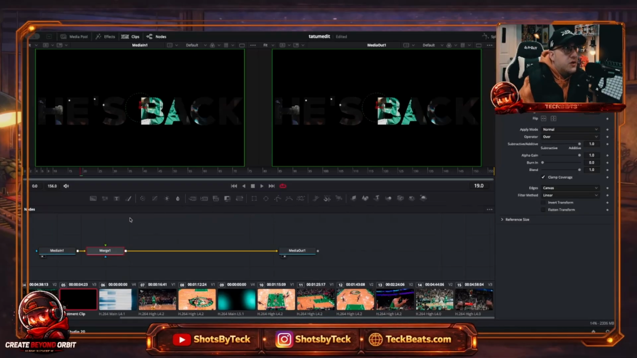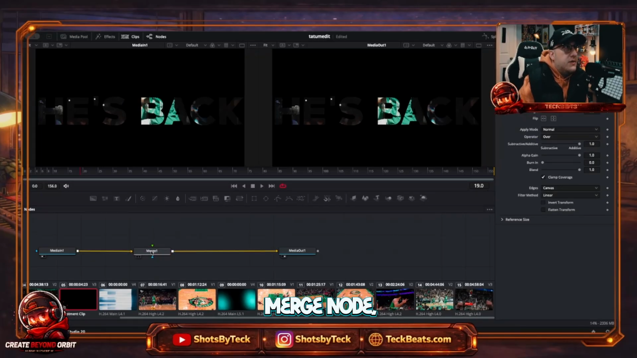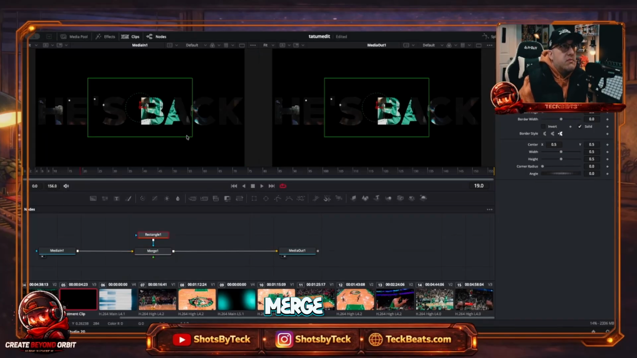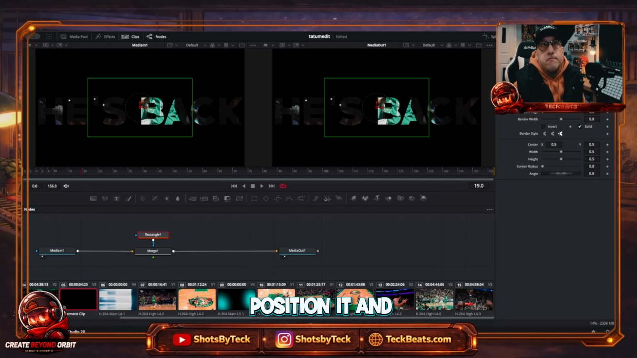I'll add a merge node. Okay. So now in my merge node, that allows me to create multiple rectangles at once. So I'll be able to then go to rectangle again. There's my merge node. Now, where do I want this to go? Where do I want this to be? So I'm going to position it and make it a certain color. So it's here, it's here. And I want to change